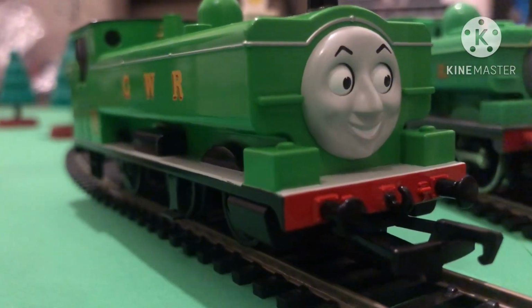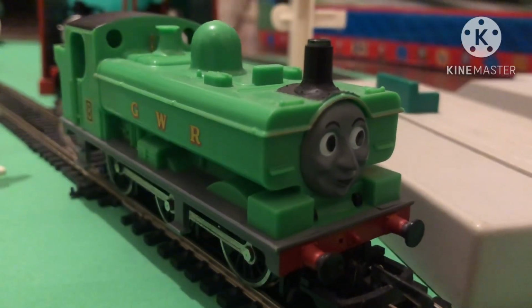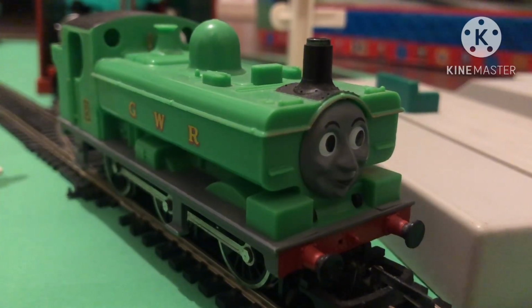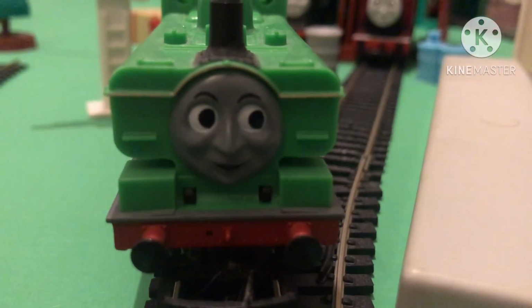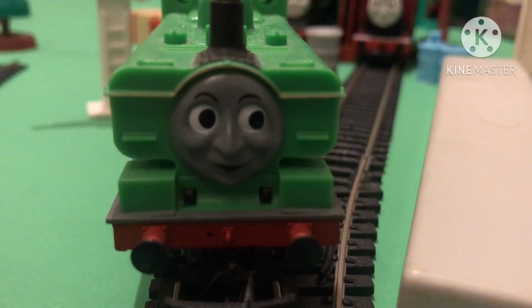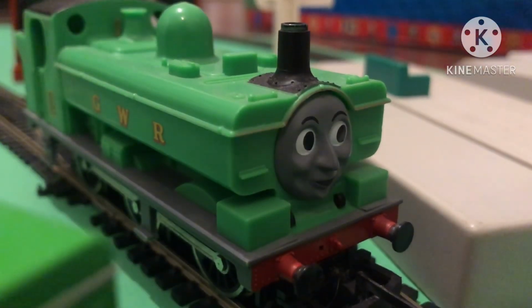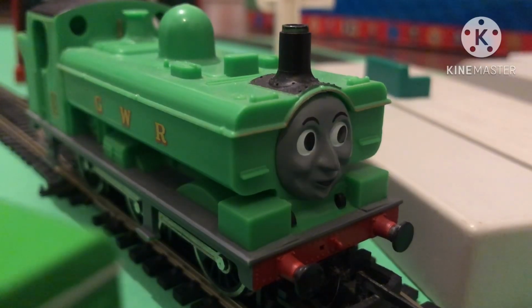Bachmann's goal was to base their models off the ones seen on TV, and Hornby's was to recreate how the engines would look in real life by reusing old tooling. What's interesting though is Hornby actually added sandboxes on the footplate to their version of Duck, something the real life engines don't have. While it was nice for Hornby to add this detail, their model of Duck is quite poor